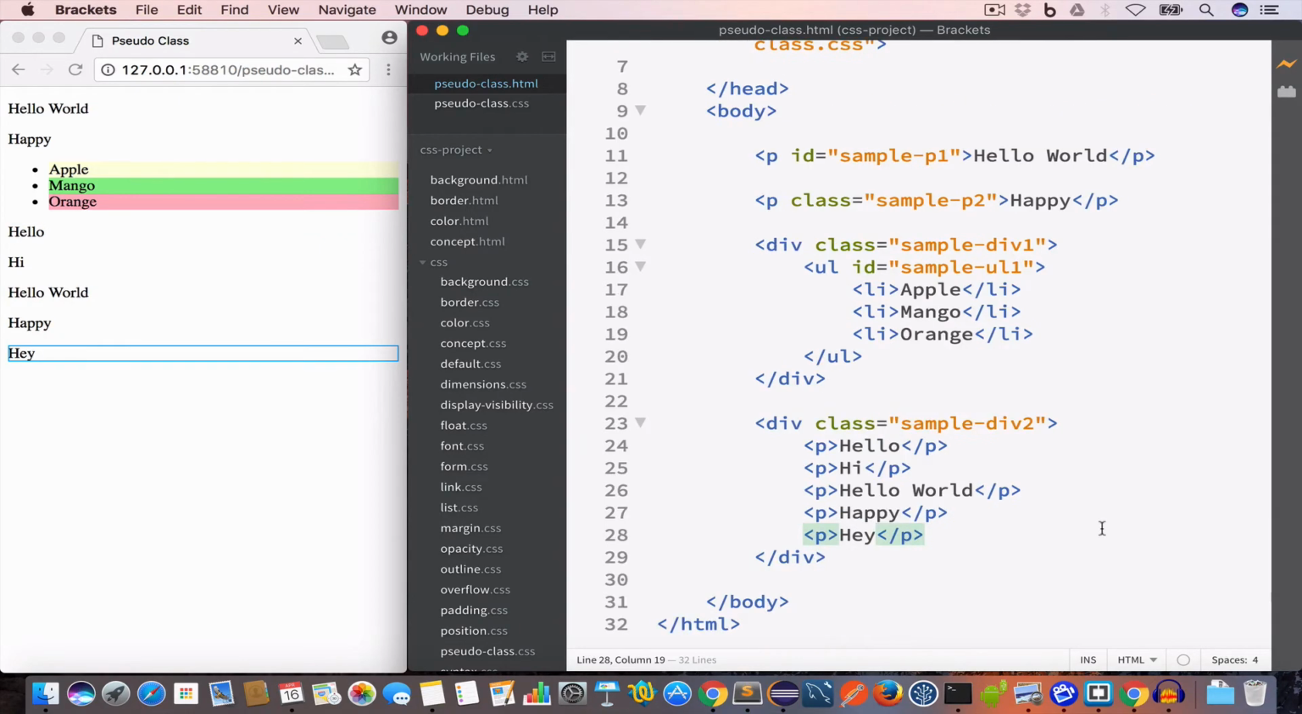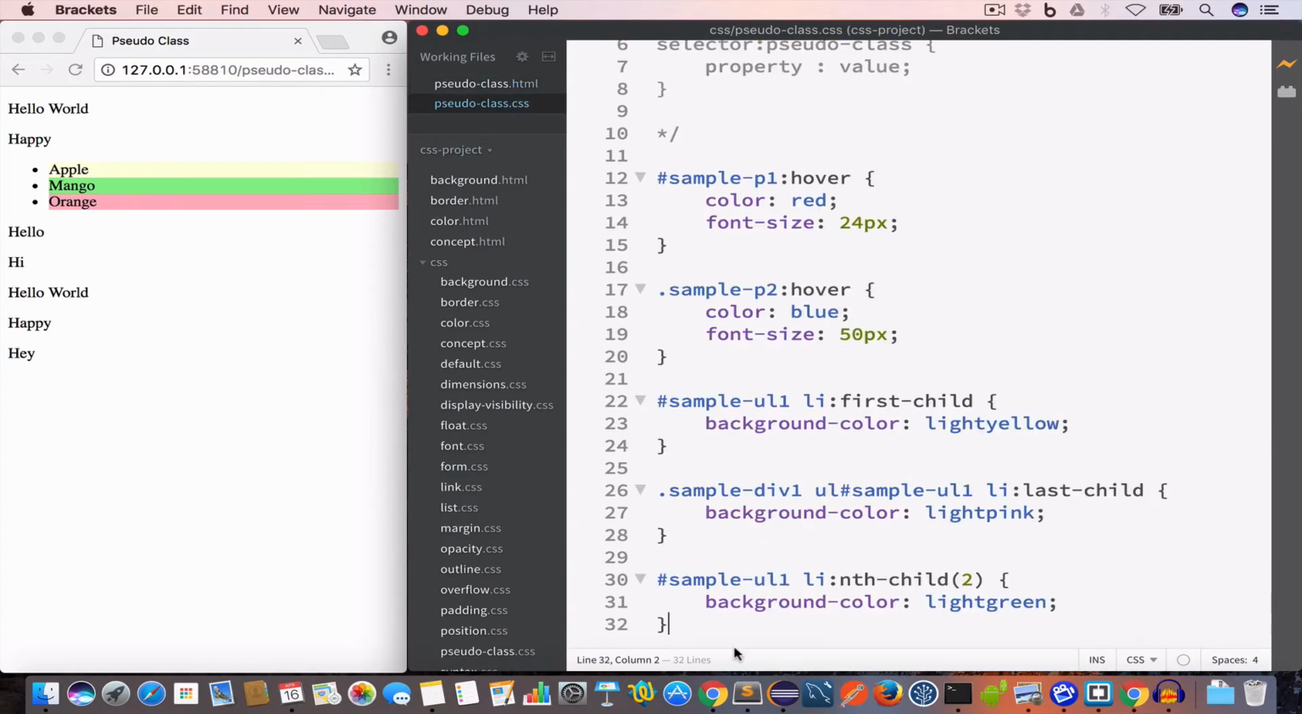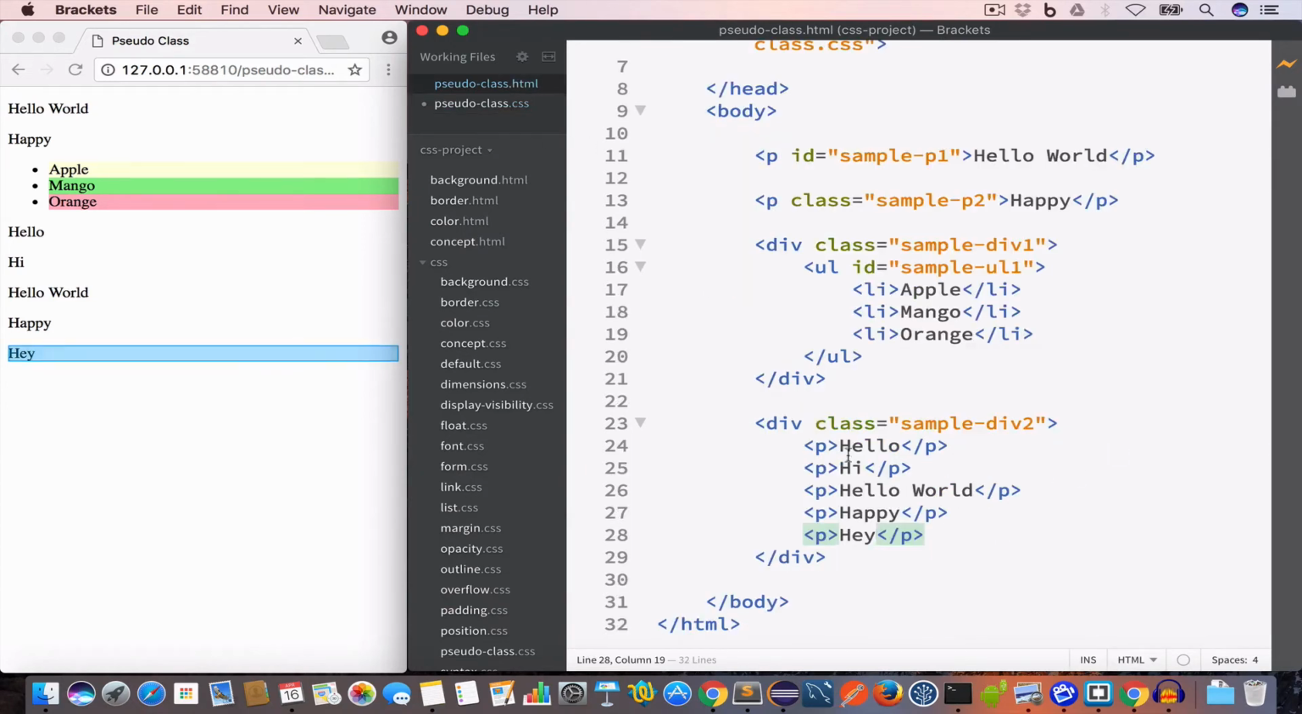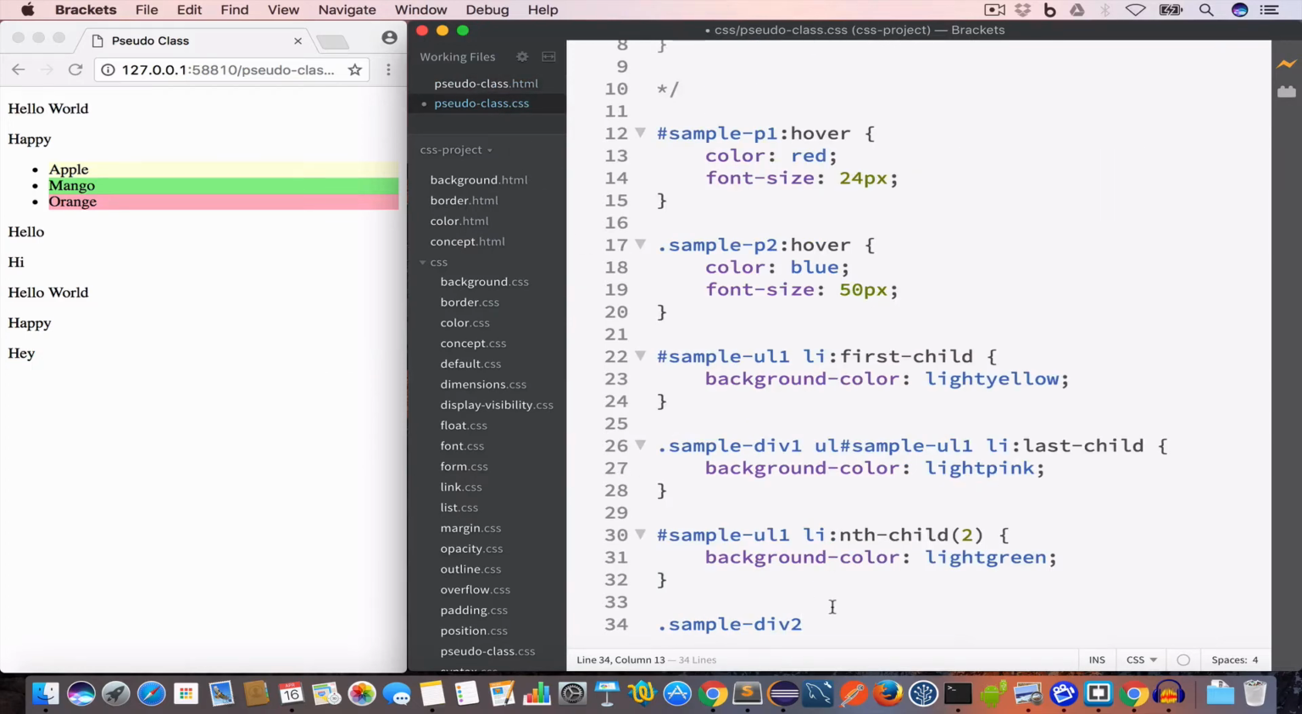Hey. Now let's say we want to change the background color of all the paragraphs that are at the even position to light green, and we want to change the background color of all the paragraphs that are at the odd position to light yellow. So to target the paragraphs which are inside this div having class sample-div2, inside the CSS file we'll write .sample-div2, and since paragraphs that we are going to target, they are the descendant of this div, so we'll write space p,